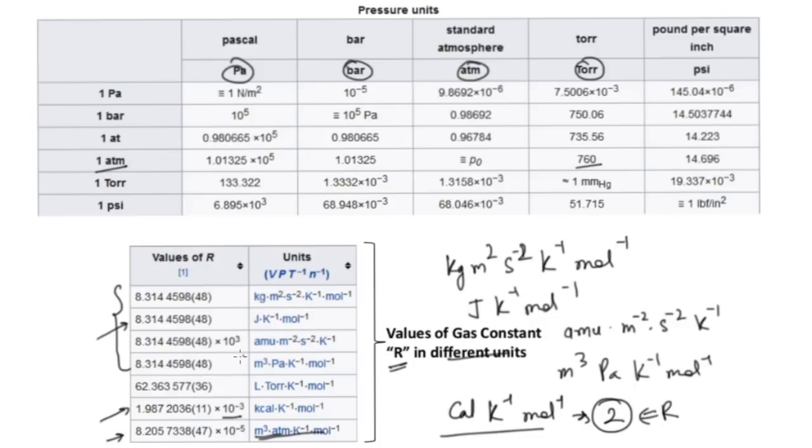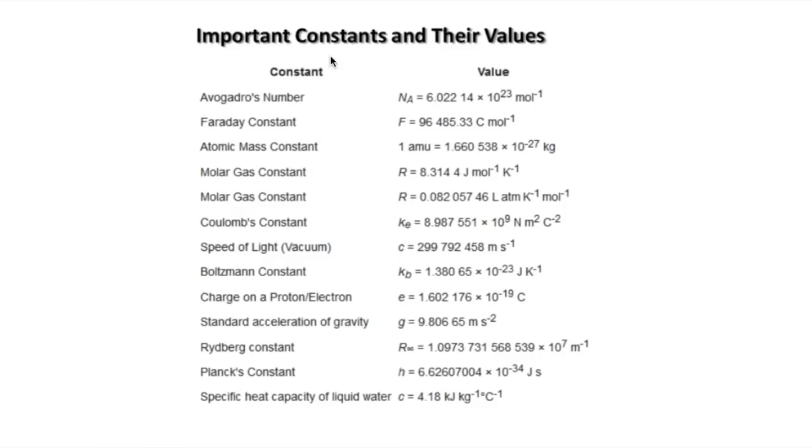These are important. The values of R are essential to know, because we have to deal with values of R in most of the numericals. Before starting with these important constants and their values, one thing I skipped in the last slide while talking about the gas constant is that you also have a value of R, the gas constant, equal to